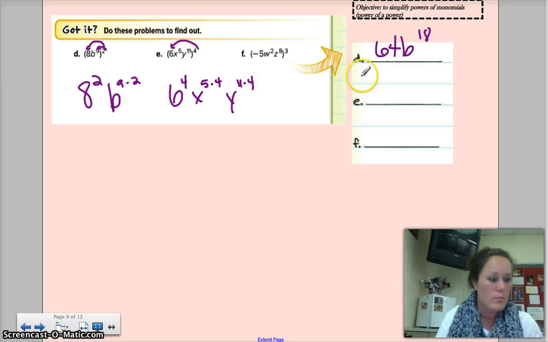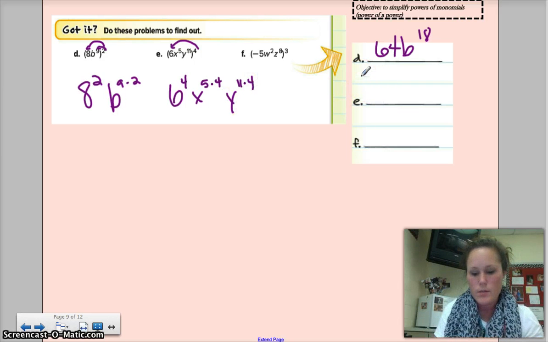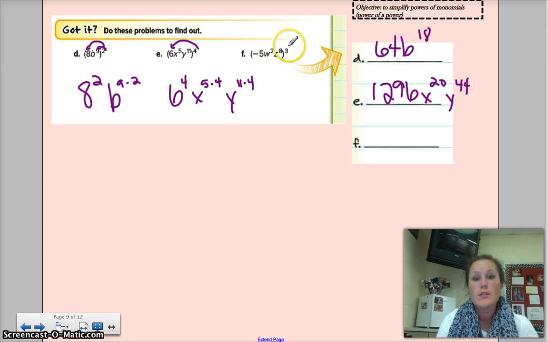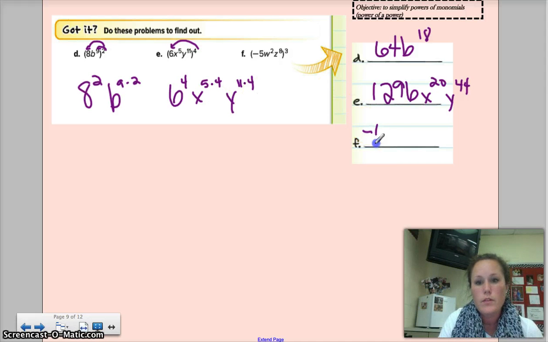You end up with, oh man, what's 6 to the 4th? I can't do that off the top of my head. 6 to the 4th is 1296, and then x to the 20, and y to the 44. Last one, distribute in there. So we're going to have -5 to the 3rd, -125,